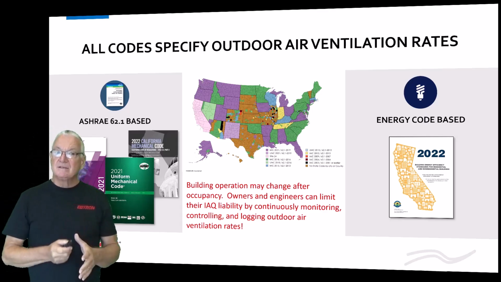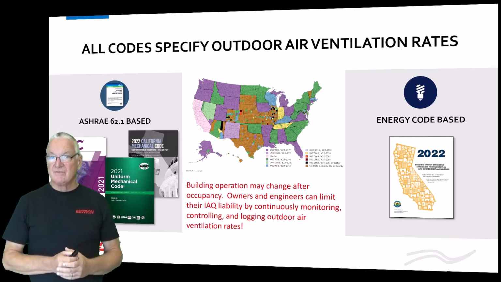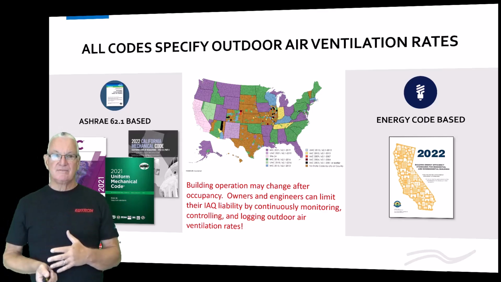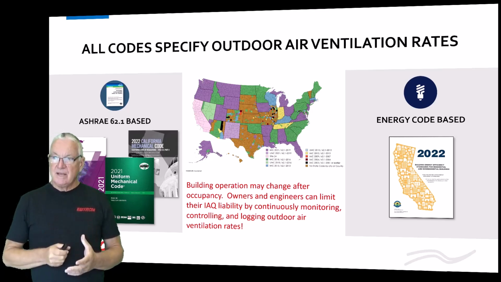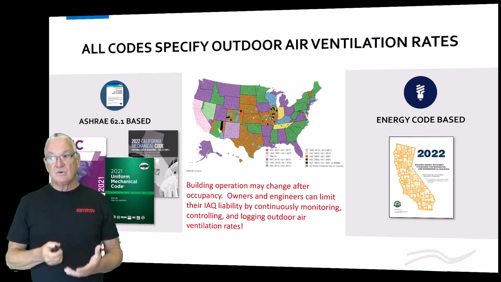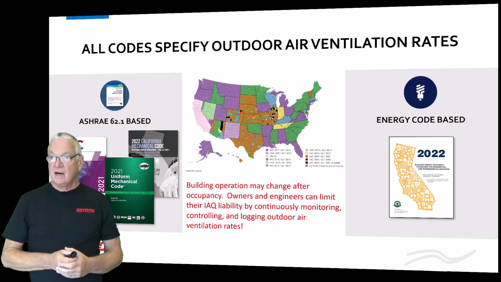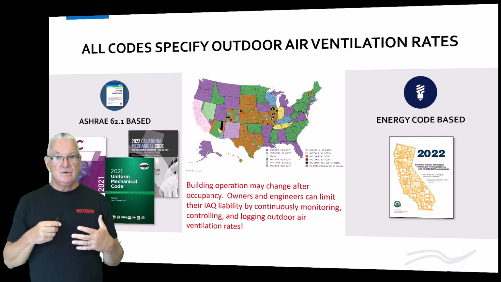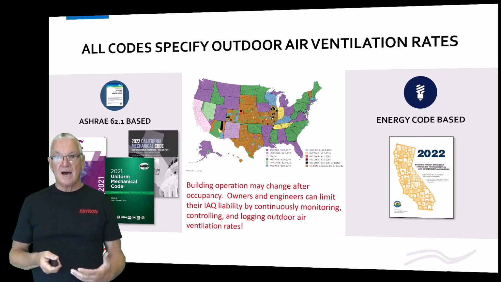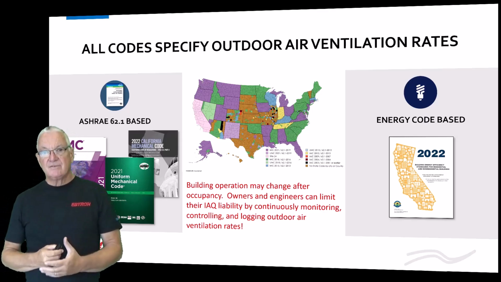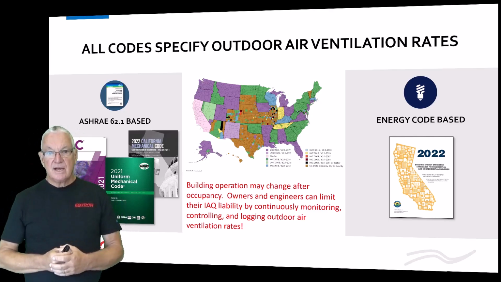I think the bigger deal is that these buildings change, or they may change after occupancy, or they may not change after occupancy, okay? So what you want to be able to do is, we're going to see that if you don't control it, the flow rates, particularly on outdoor air, vary quite a bit. But even so, it's good to use the flow measurement devices to not just control, but to monitor and log, so that if somebody comes in after the fact and changes the way that building operates, okay, and then,